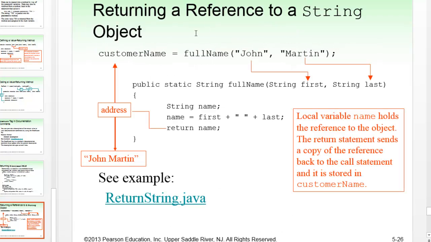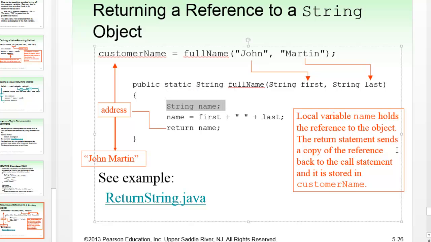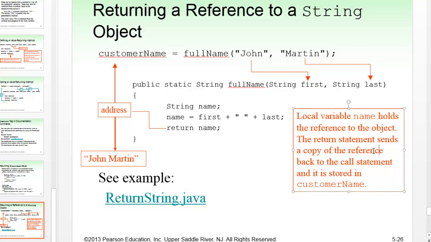What about returning a reference to a string object? You have the local variable name that holds the reference to the object. The return statement sends a copy of the reference back to the call statement, and it is stored in customerName. So I have customerName here. I have the method fullName, which returns a string,